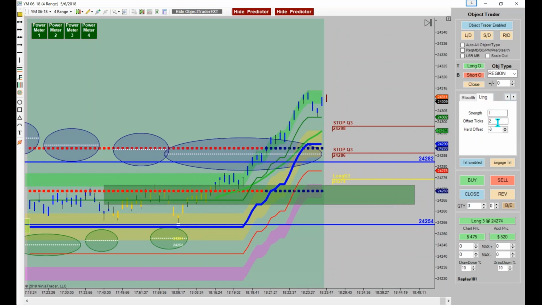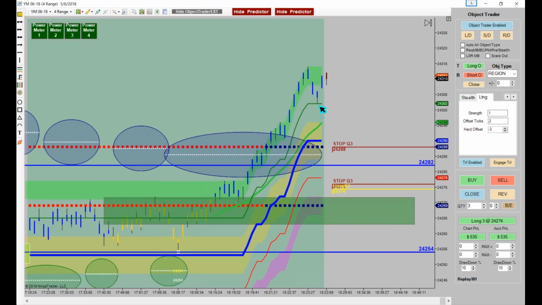All you have to do is say, okay, as soon as they pop this up, it's going to go to here. We're going to be 3 ticks under it, so let's see if we'll engage it on lightning. We'll leave it here for a minute, and we'll see if it doesn't take this up and leave this as our new stop. Let's see, do we have